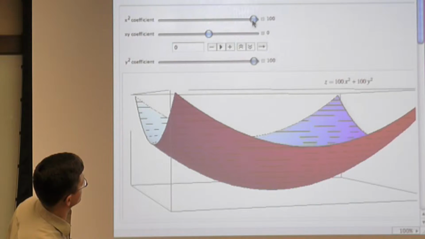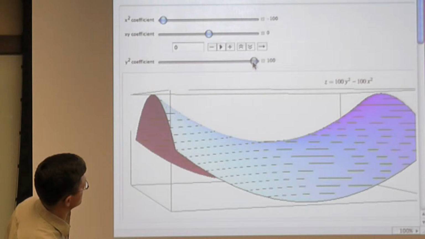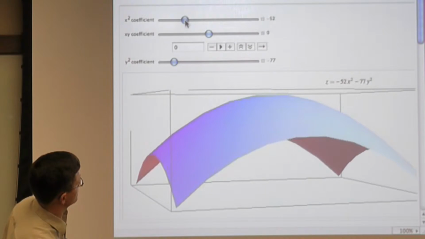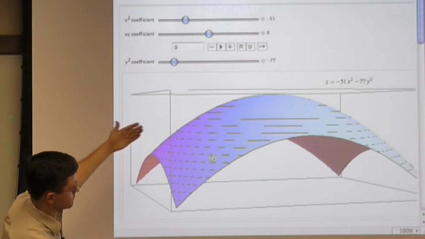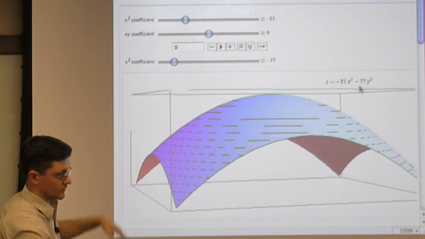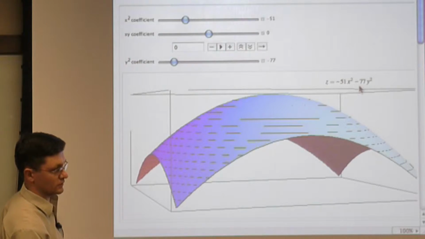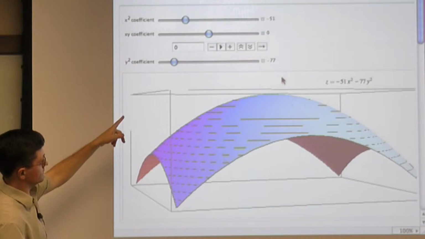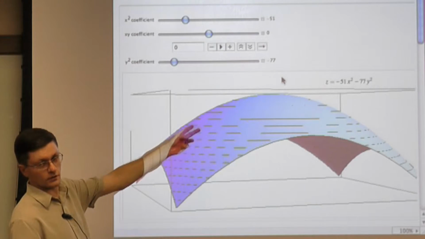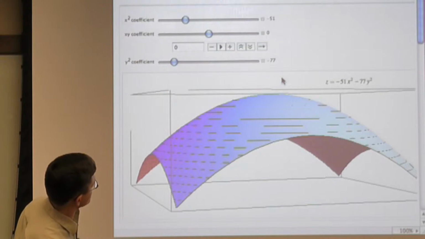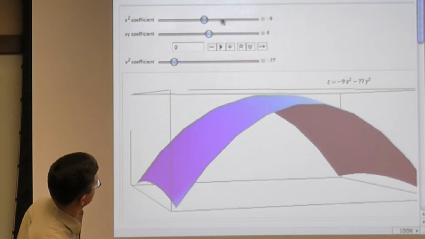And of course, if you have those squares with negative coefficients, even if the coefficients are different, right, it's still going to be maximum. Because those squares are never negative, and they come with negative coefficients, so everything becomes negative, except at 0. So 0 is maximum. So the easiest cases are when you have only squares, and you have both of them the same sign, both negative or both positive.